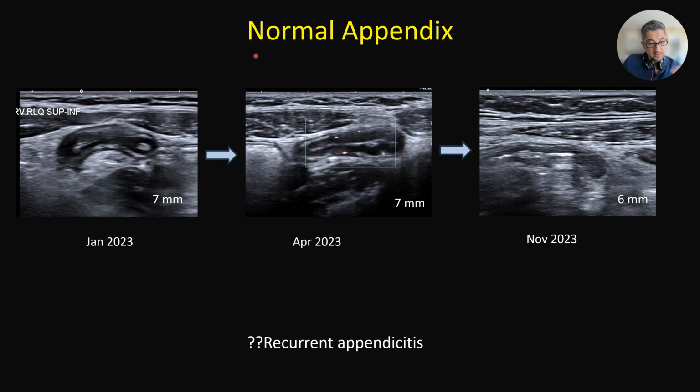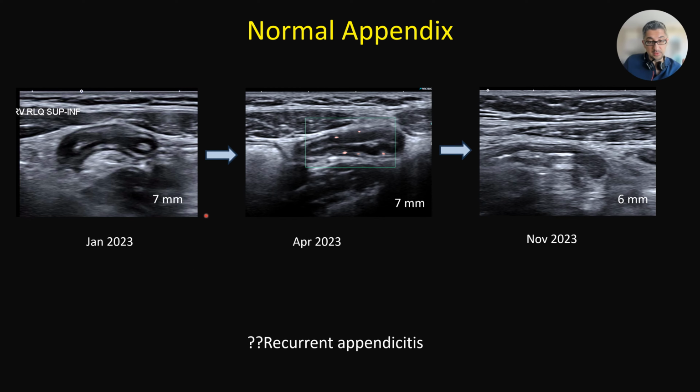Here is another normal appendix, and this was questioned as recurrent appendicitis because the patient was coming with intermittent abdominal pain. We are doing an ultrasound, and in some reports it was called appendicitis. So here is the example. January, the patient has a distended appendix measuring 7 millimeters, and there is thickening of the inner hypoechoic layer, which is lamina propria, and questionable increased echogenicity around the appendix. This is most likely technical. This is not real because the patient